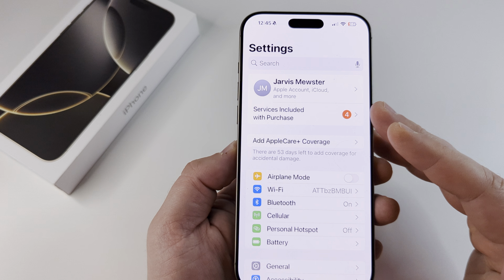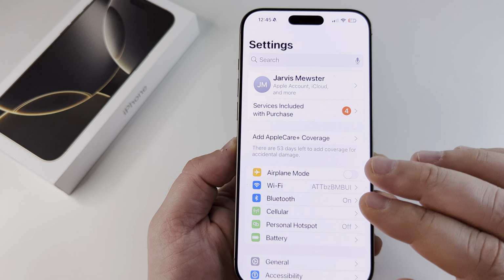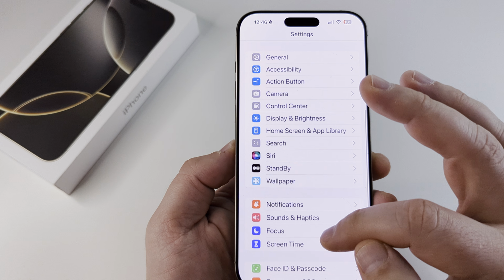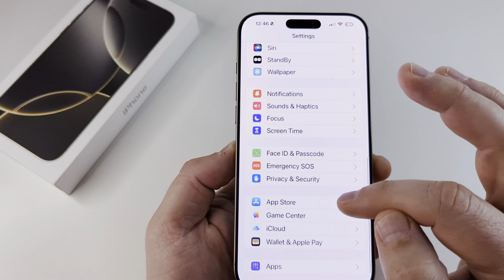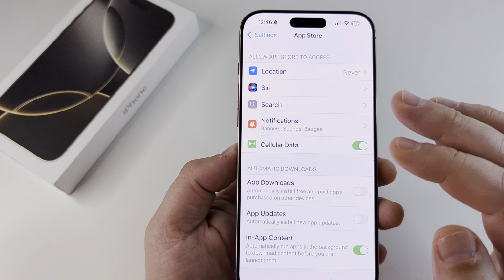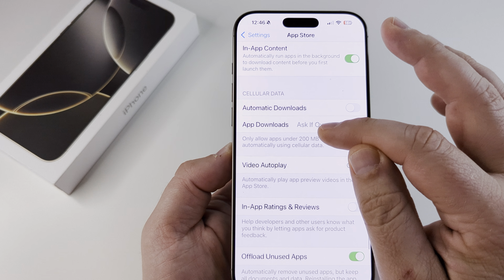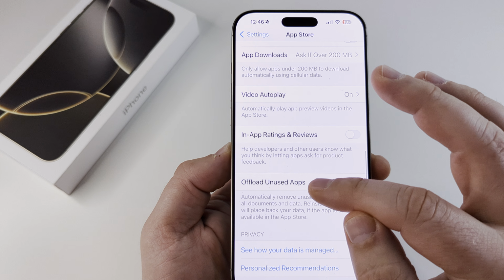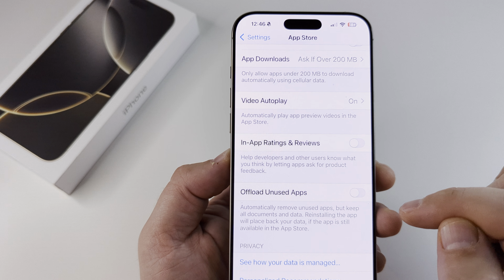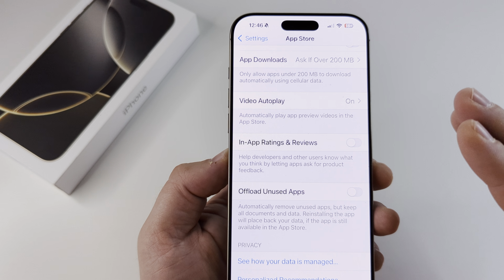Now I'm demonstrating this on the iPhone 16 Pro Max with iOS 18, so yours might be slightly different, but it should be close to the same. So what you want to do on the settings screen is go ahead and scroll down until you see the option for App Store. Go ahead and select App Store next, and then on the following screen, go ahead and scroll down until you see the option right here for offload unused apps, and you want to make sure that that is toggled off. Once you go ahead and toggle that off, you will not have the offloading feature used anymore in the future